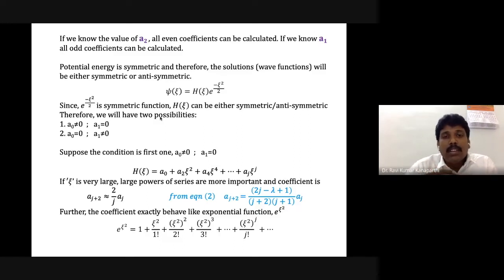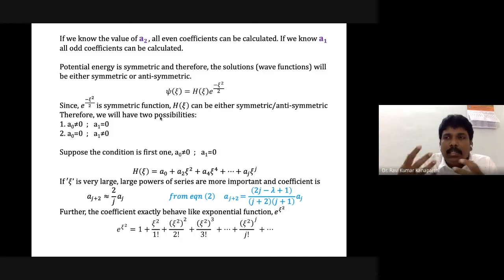You remember the potential energy diagram of the simple harmonic oscillator, is it a symmetric function or anti-symmetric function? The potential expression is nothing but half times kx squared, potential energy, you remember, and that has this type of shape. Is it symmetric or anti-symmetric? x squared, k is a constant, x squared is a symmetric function, right? That is a simple thing.